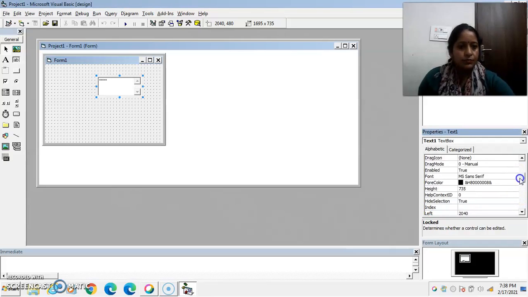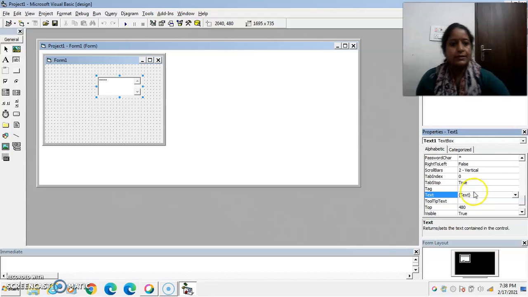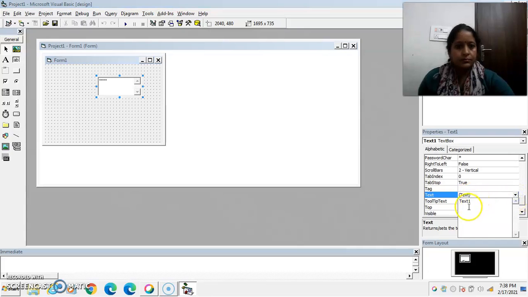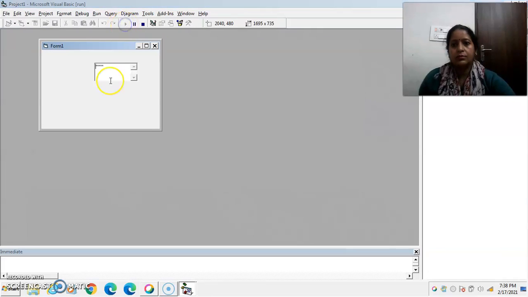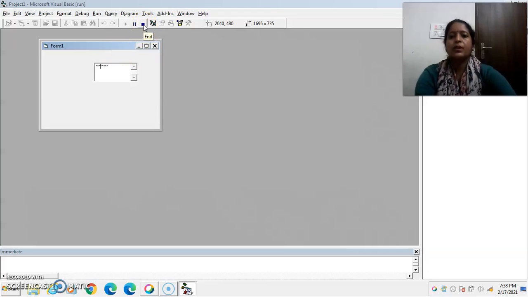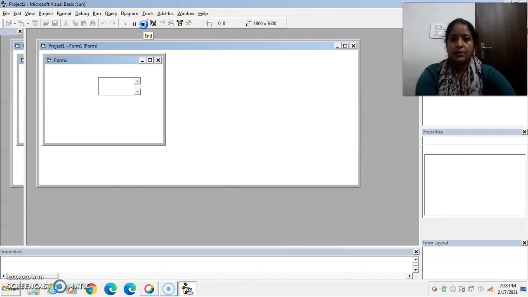Also set the text property empty, okay, because it is now a password box. Whatever type of text the user enters in it is now displayed as the asterisk symbol.